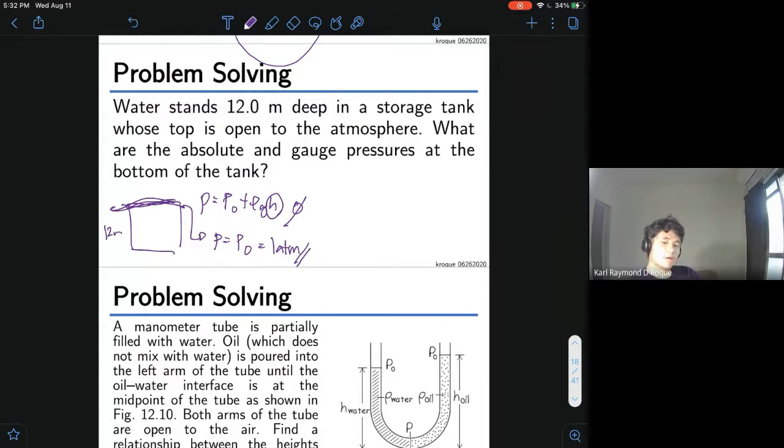Ngayon, tatanungin ko kayo, ano yung gauge pressure? Ano yung gauge pressure at the top of the surface? P minus P naught. Diba? P minus P naught equals rho GH. So actually, kahit rho GH lang kunin natin. Ang gauge pressure is 0. Ngayon, how about this one? At the bottom of the tank naman,